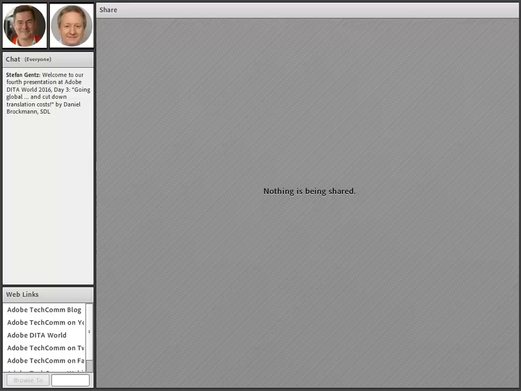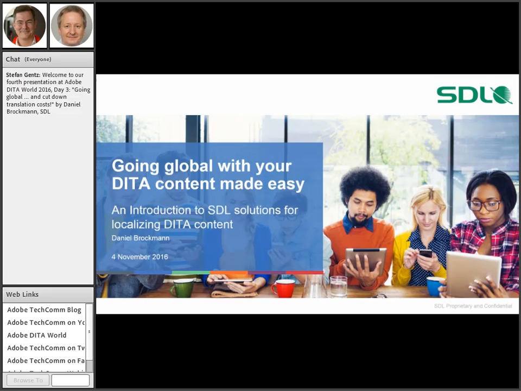I will dive right in and share my screen. So this will be a mix of slides and live demo of software. I always like to make things very tangible because translation is still a concept that often people wonder about: how does everything work, where's the technology going, what is actually on offer. So I would like to use today's opportunity also to just give an introduction to our solutions in that area,